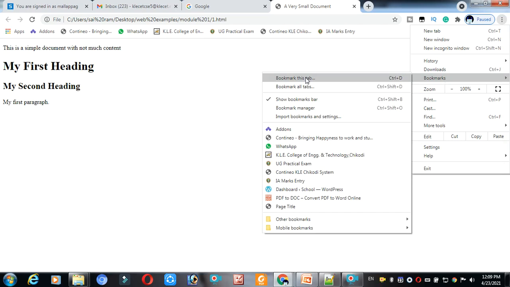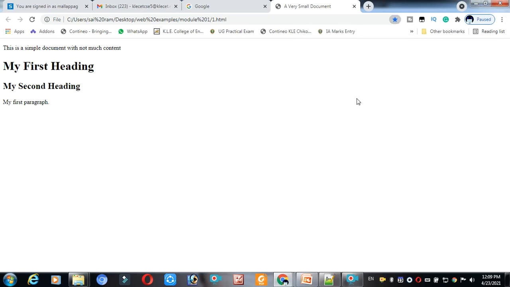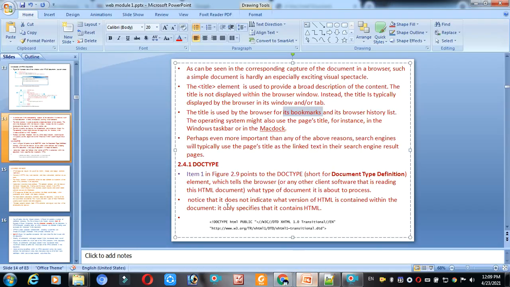This tab represents a very small document. See here, the title comes here for the bookmark, a very small document. If you do it here, then the bookmark will come here. This is the tab, this is the space of the bookmarks. You will get the bookmark here. So again, the title can be used in so many other ways also.